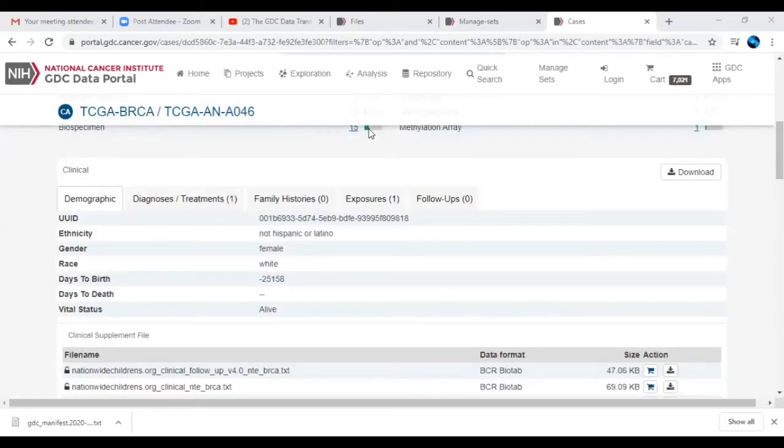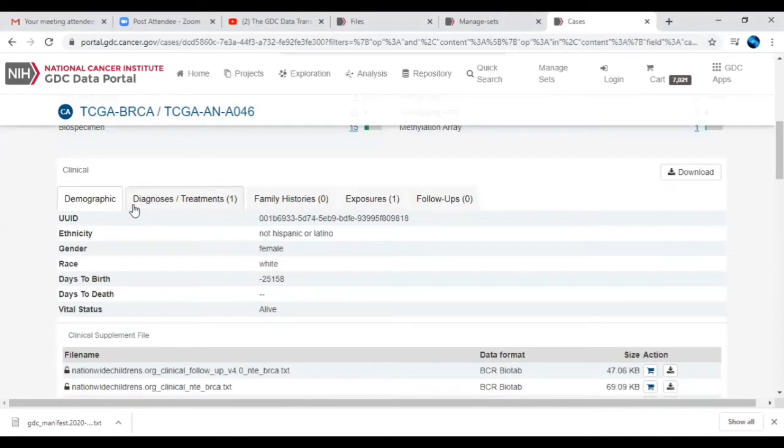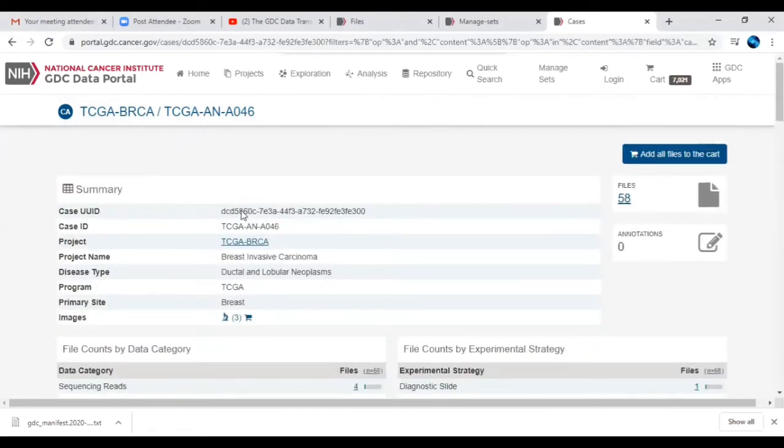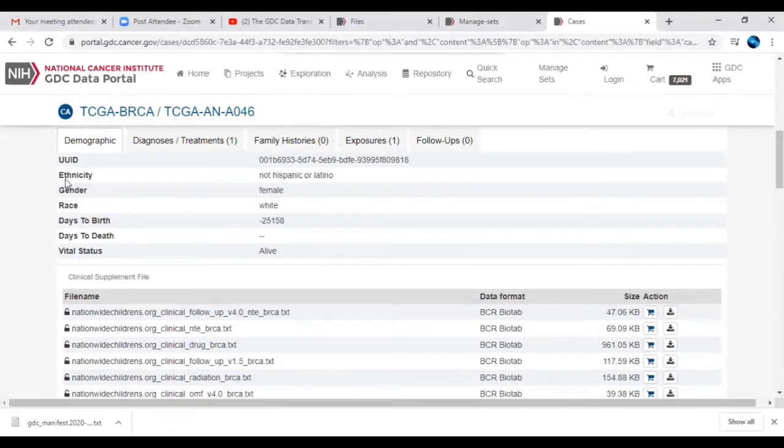Also, they have given some clinical information about this particular patient. What clinical information are they talking about? They have given a particular UUID for this patient, which is common. They talk about what gender was affected and what race, that is white.